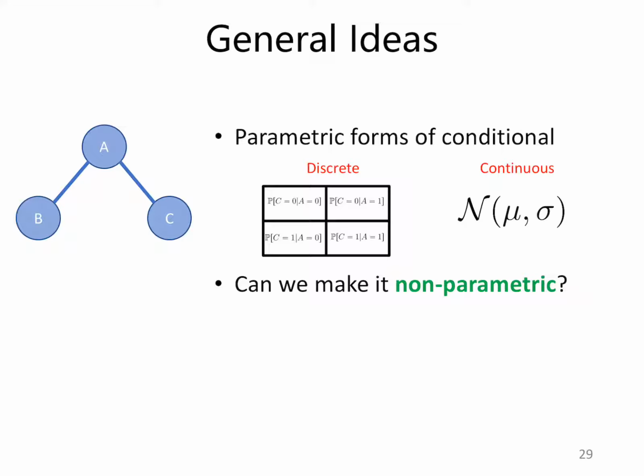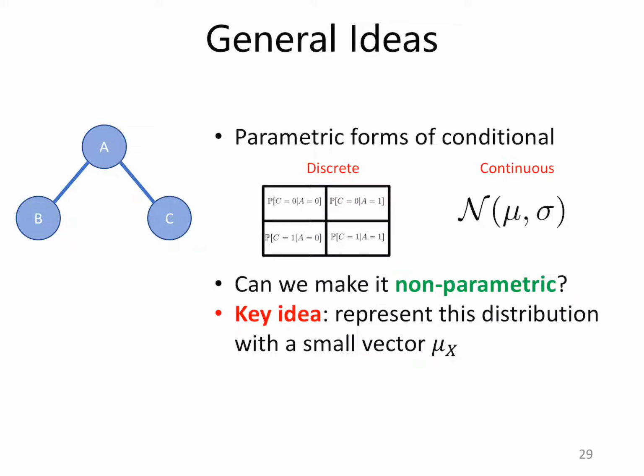How can I extend it to the non-parametric case? So that's a general idea that when you want to extend this to the general Gaussian process, you want to get rid of this parametric form. Either if it's discrete in the table or in parametric form, you want to get rid of it. The key idea here is that we want to represent the distribution with this infinite dimensional object. Remember that the key reason for the success of the Gaussian process was going from explicit representation of the features to this high-dimensional representation of the features that we never work with directly. What if we can do the same thing for the